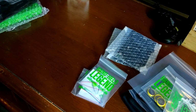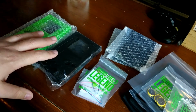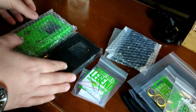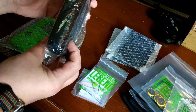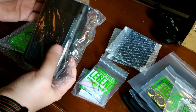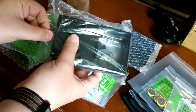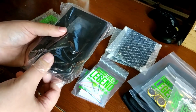Now the shells. These are brand new replacement shells for the DMG, and they're of a much higher quality than any of the previous replacement shells that have been available for DMGs. These are an ABS plastic, much higher quality, and the tolerances are much closer to a real DMG case compared to the replacement cases that have been out in the past. These are fairly new, and these are about $19 US a piece, which sounds like a lot because it's twice as expensive as the replacement cases that have been out before. But